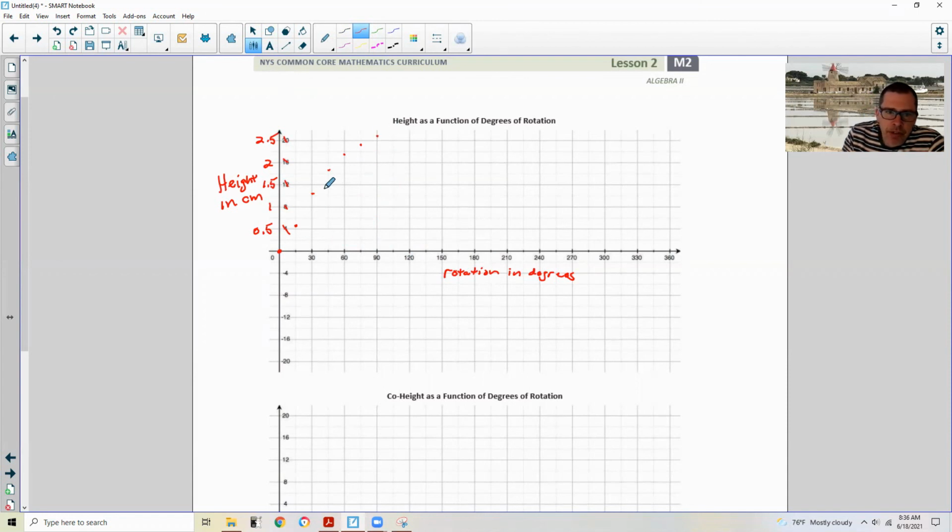Okay, so the hardest part is just getting started. Now I just copy the one over. Same height on the other side of my maximum. So this will be here. And this one will be here, and this one will be here. You get the idea? And the next one will be down here, and finally back to 0